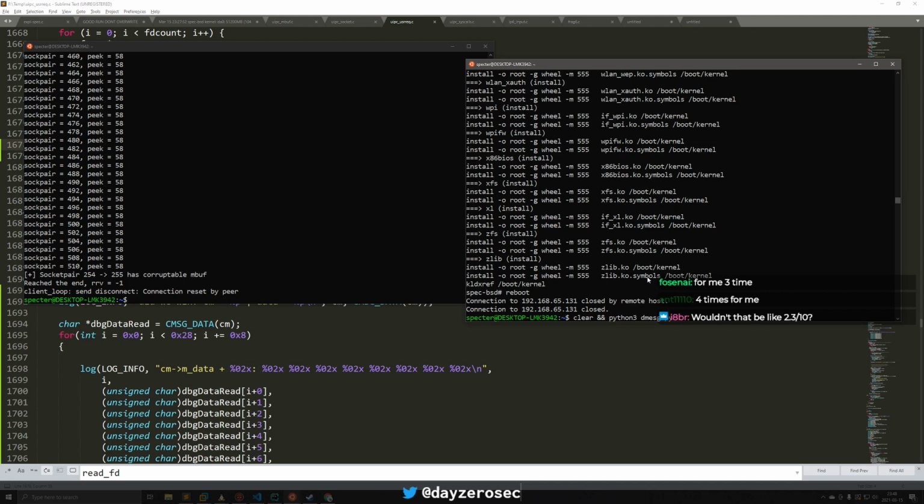Wouldn't that be like 2.3 out of 10? I'm not sure what you mean. I was asking how many times it crashes out of every 10 times on average. So are you guys saying 3 or 4 for how many times it crashes on average out of 10, or how many times it succeeds on average out of 10? I kind of worded it weird because I don't want people talking about the WebKit crashes, because that's not really relevant for the most part. I just want the kernel stuff. So that's why I phrased it the way I did.